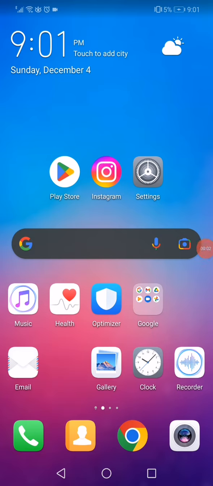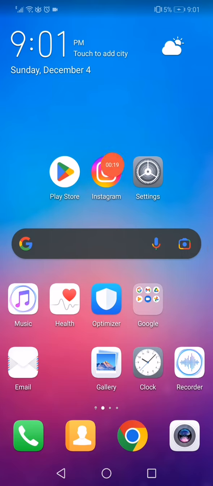How to fix Instagram filters not showing or not working, or any glitch with the filters or effects. In this video I'm going to show you how to fix those problems easily and fast with one simple trick. All you have to do is, the first thing, make sure that you have